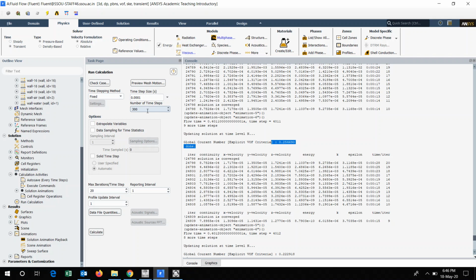So you cannot go on taking an arbitrary value like 2000, or again it depends on your system configuration also, but take somewhat lesser number of time steps, like say 500, 400. So you might need to calculate again and again, but that is quite a good option as far as the problem of Courant number is concerned.